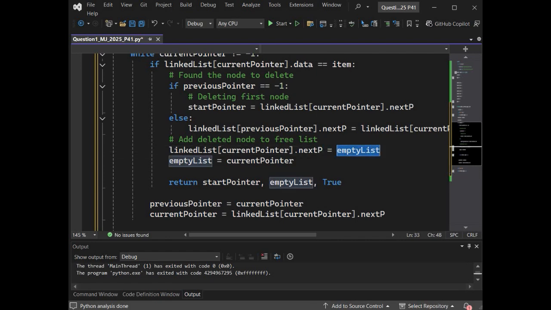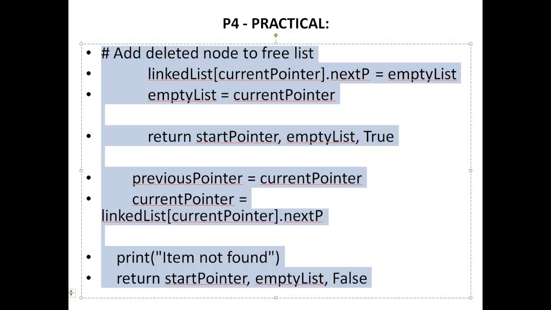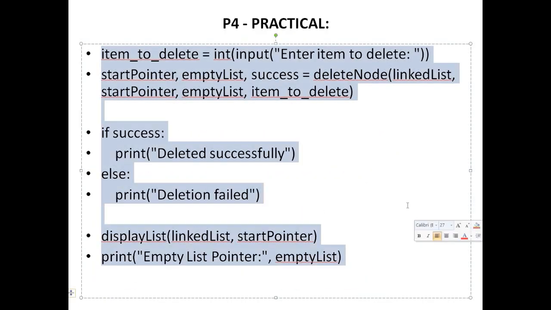So empty list will become whatever is the value of pointer at your current pointer, and current pointer will go in empty list. Then you'll return start pointer, empty list, and true. Previous pointer will become current pointer, and it will become the value of this. Otherwise you'll print not found and this. But hold on, we have more to do.